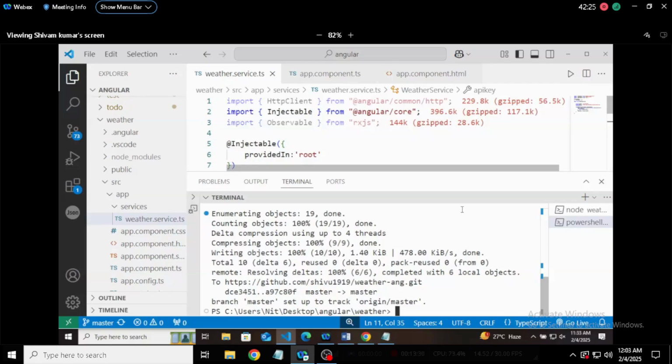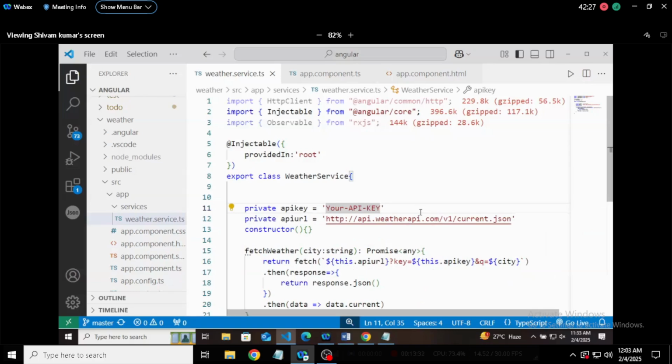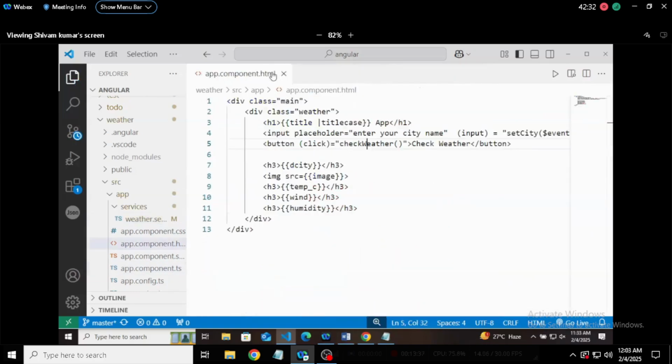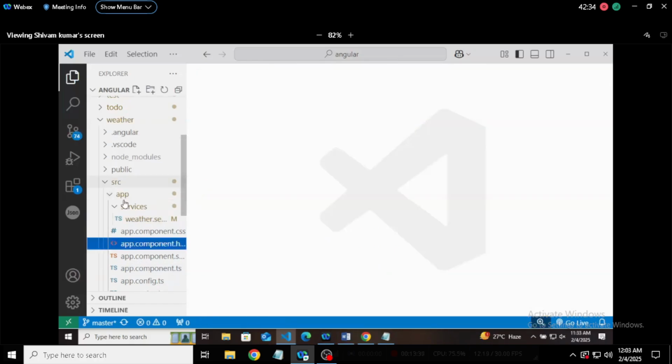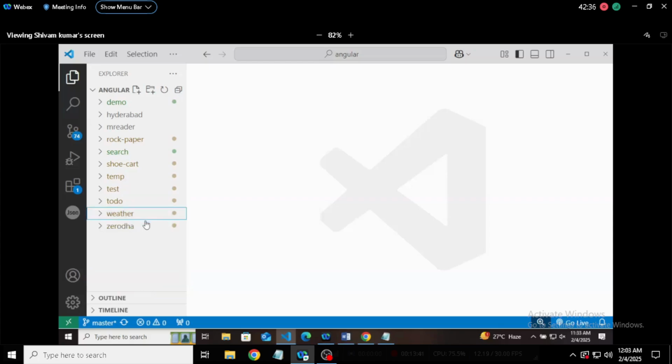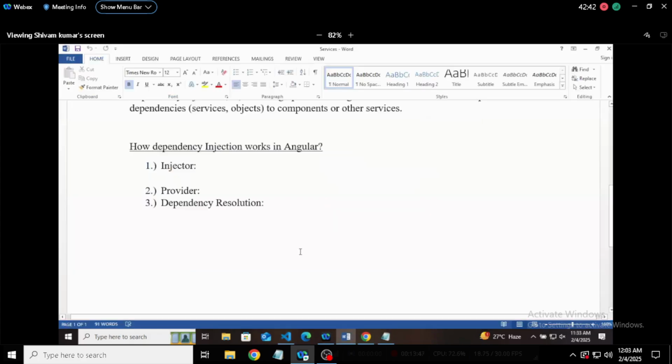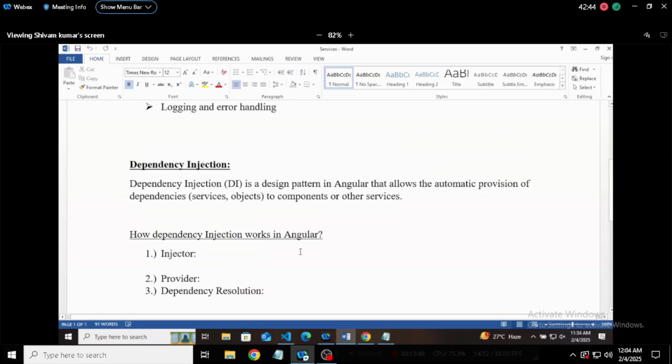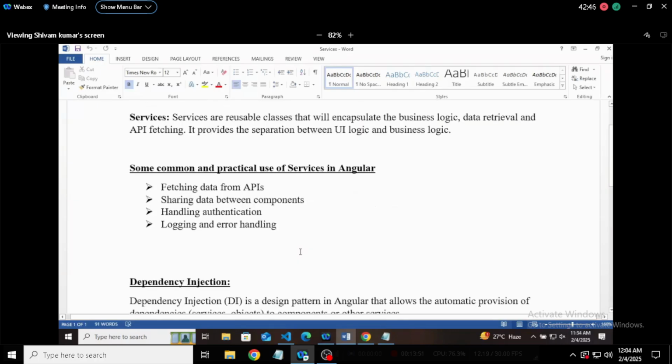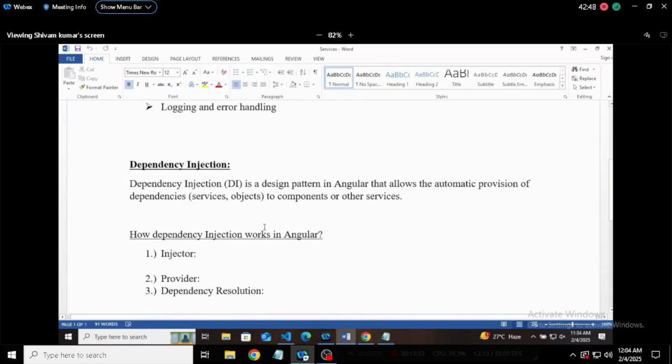Okay, so that is done. Now let's talk about this particular part of dependency injection. So yesterday we have seen that it's a design pattern in Angular that allows